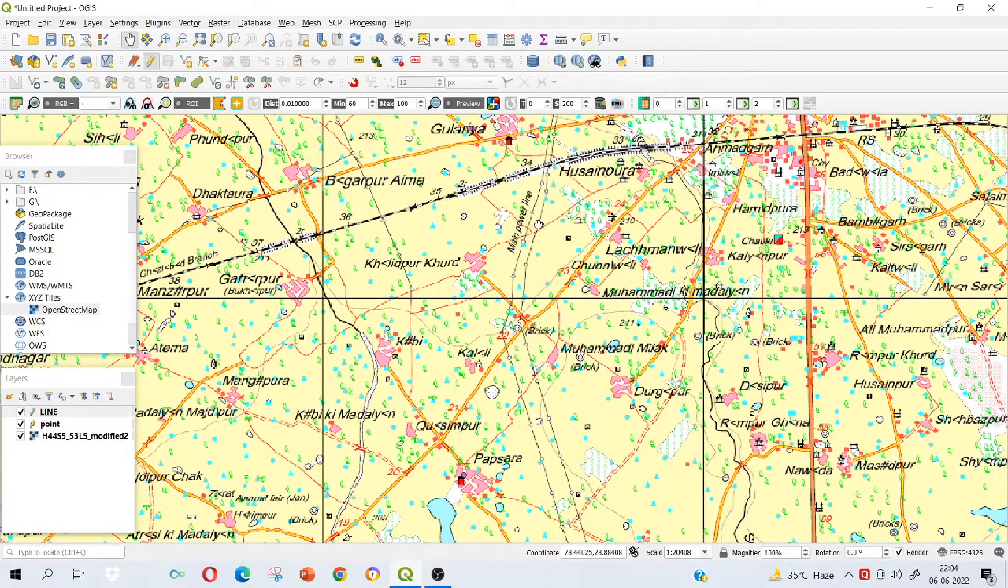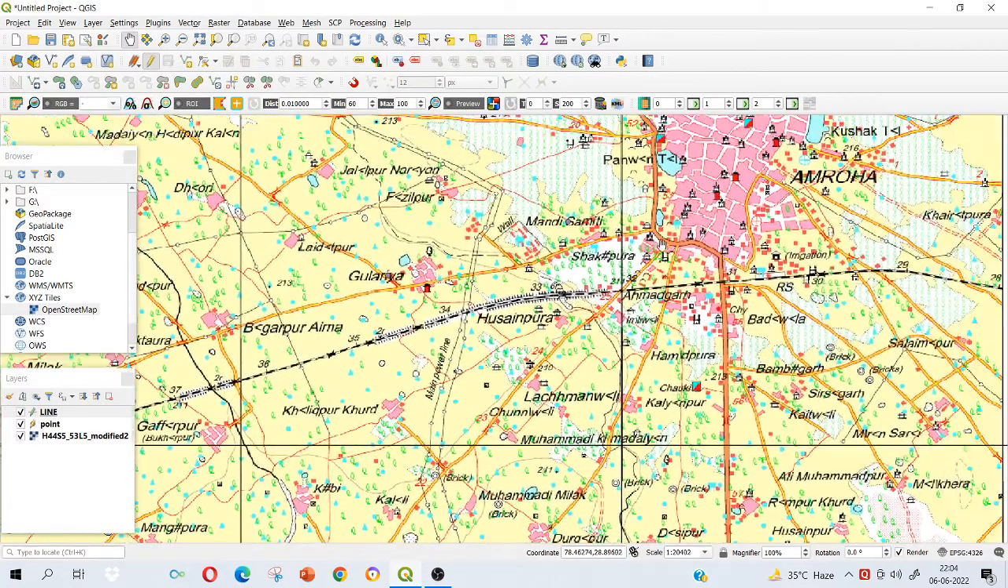Now you can take any road here. For example, from this place Amroha, so many roads are passing here. Maybe some are state highways, some are the district roads, some are village roads. Depending on their importance, the thickness is less or more. So let us say I want to digitize this road. There you can see the cursor. So I will click on this add line feature,